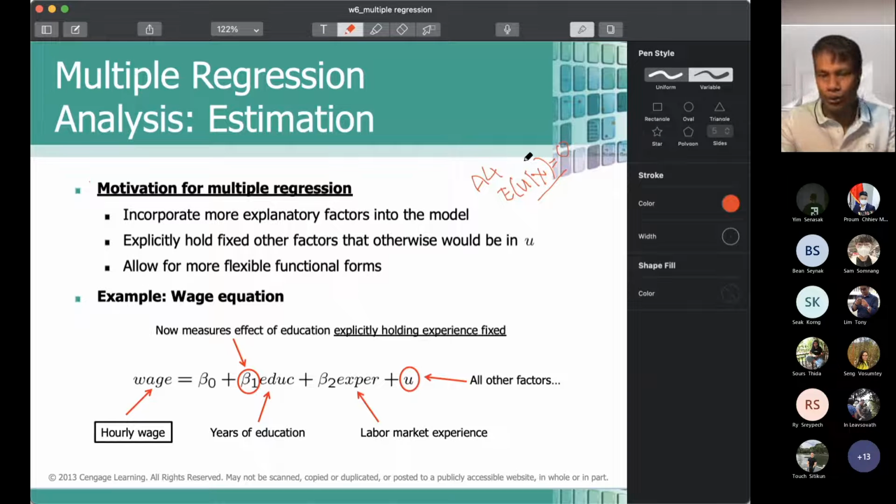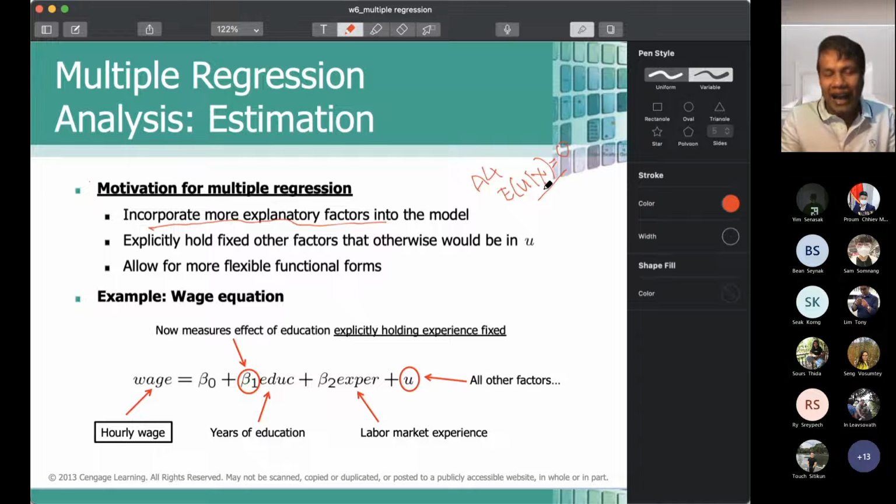So in order to make sure that assumption number 4 is met, we need to include more independent variables. So that is why one motivation of multiple linear regression is to incorporate more explanatory variables into the model. So the goal is to address this issue. All right, the goal is to address this issue. But